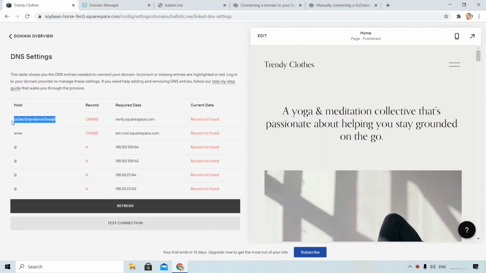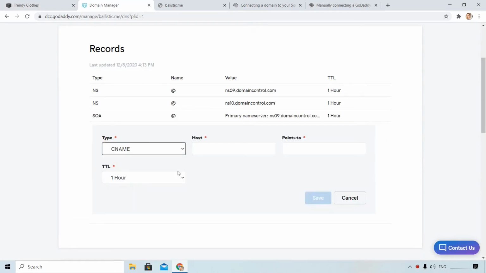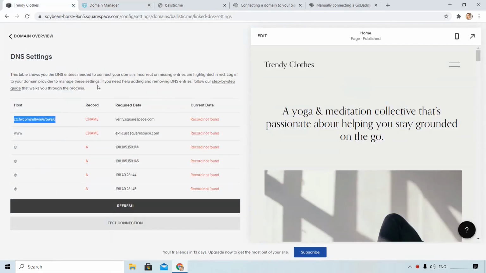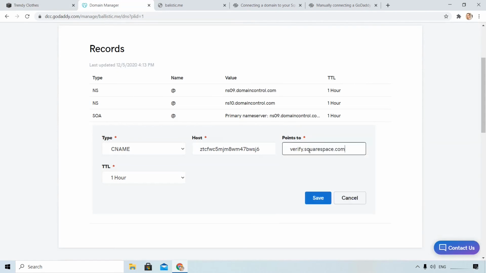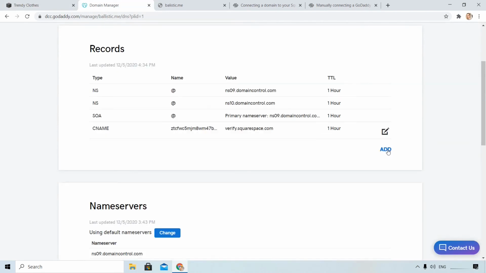I copy that for the host section. I add CNAME, copy that, those numbers and letters in the host section, and the required data will go to points to. I save the data. I will add a second CNAME.